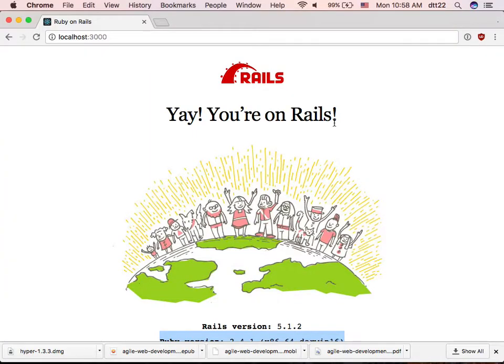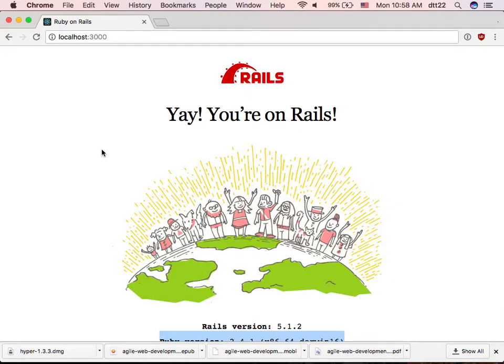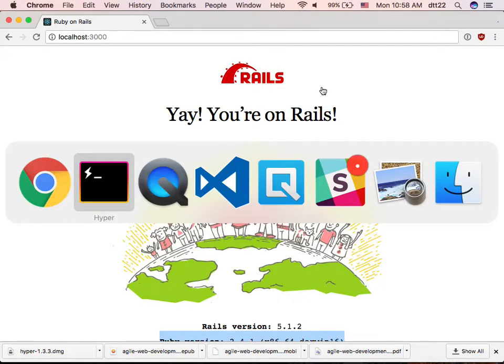All right, let's get to it. Now this page is the default Rails page. This page looks pretty, but it's not in your app. It's in the gem. So we have to define the first